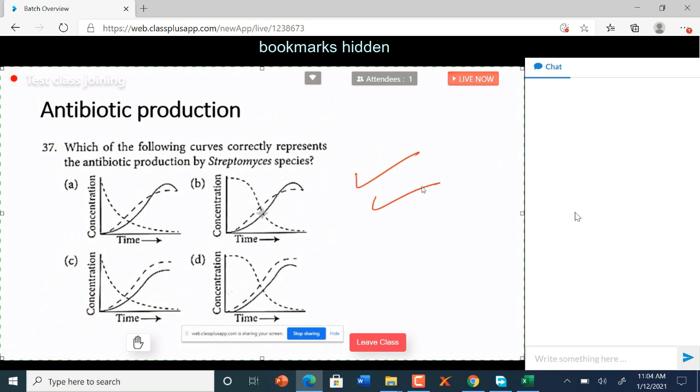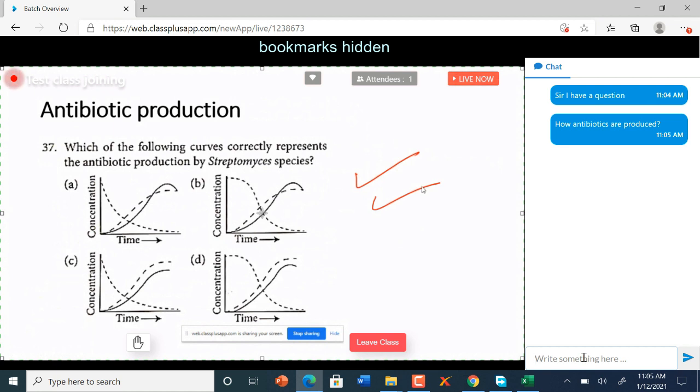Now remember, on your right hand side there will be a chat option like that. In this chat bar you can type in your query. For example, you can type, I have a question, and then you can type the question. So this is how it's going to work. And remember, if the question is to the point, that means on the topic that we've discussed, then we are going to attend to that at the end of the lecture and explain.